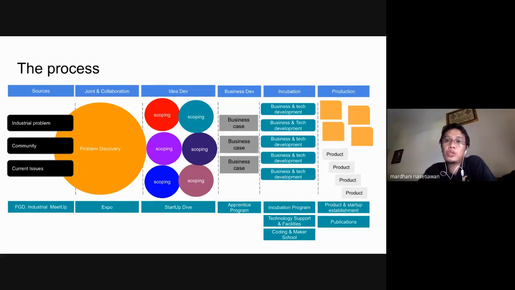How if I do this, what is the impact on the problem? For example, today people aren't aware about COVID-19 in Jakarta, and you have a scoping idea. I think the problem is that citizens don't have enough information about the danger of this virus.